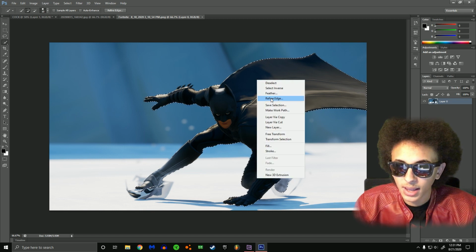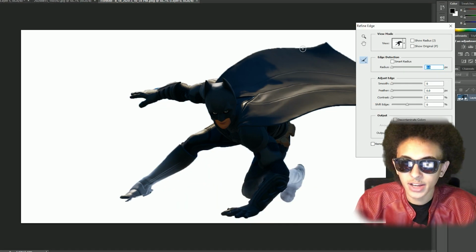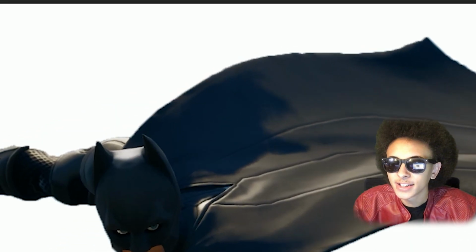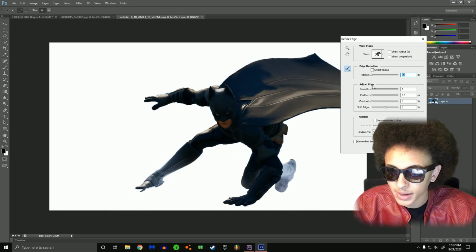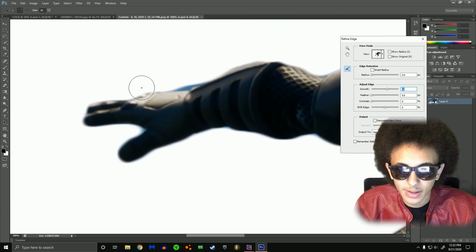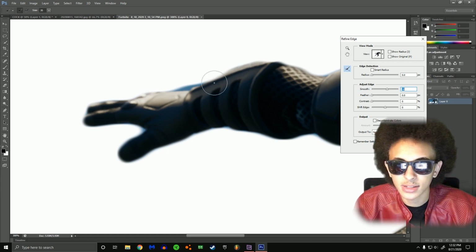Right click and then hit refine edge, and do you see how there's these little blocky bits? It's pixelated. You can very easily fix this by smoothing it out. Now, smoothing, it's very self-explanatory. It smooths out the edges, but it does get these little artifacts right here. I can't even really call them artifacts, but it's just a part of the smoothing. The lines get smoothed so much that it leaves part of the background in, so I'll usually pair it with